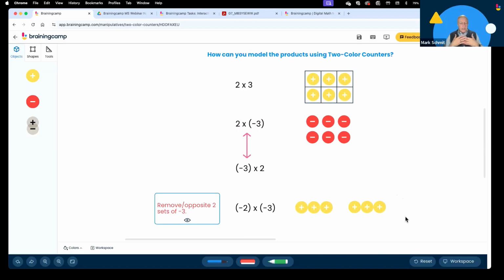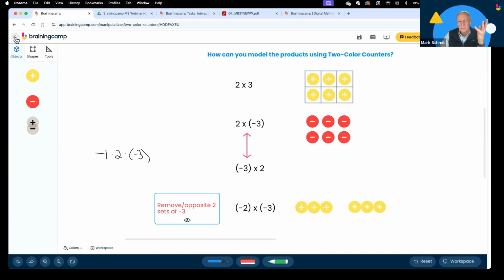For me, that's a little contrived, and I think it requires kids to already do a little bit of algebraic manipulation to say, well, it's the same as 2 times -3. So